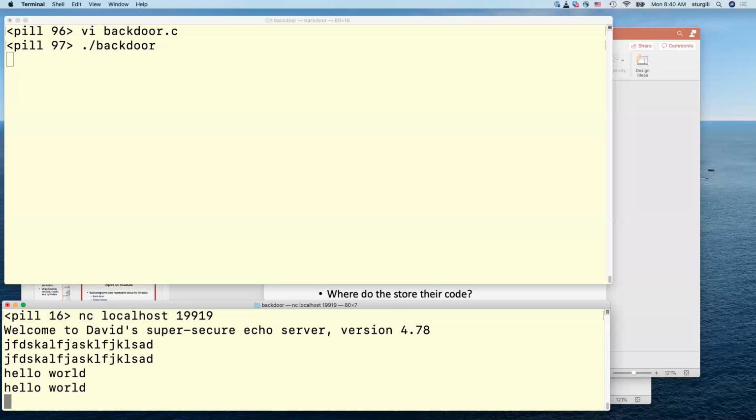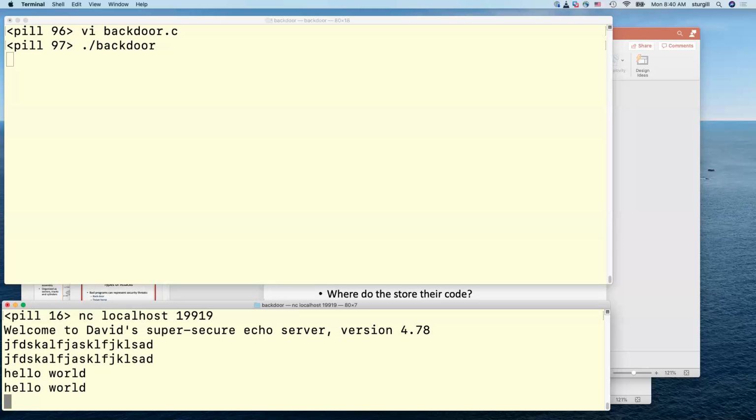So hello world, it'll echo that back to you. And that's most of what it does. But like we'll see in the code in a moment, I didn't really hide it very well, but I put some malicious code in there. So if you know what to type, it won't just echo the result back to you, but it'll take whatever you type in and execute it as if it was a shell command. You just have to know the password to type.